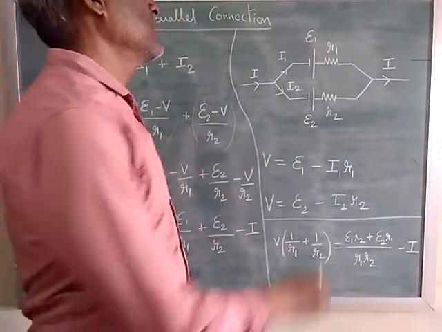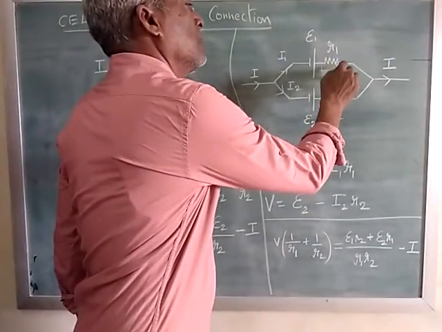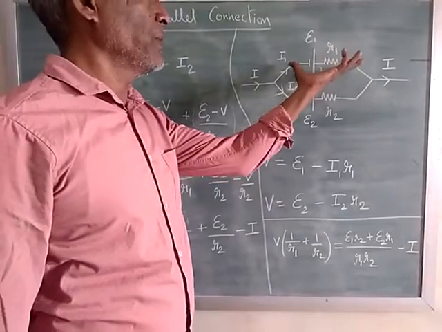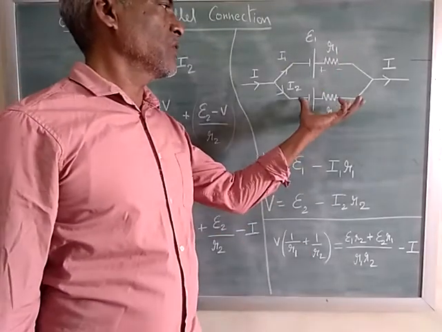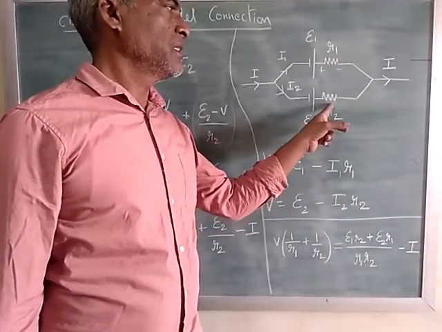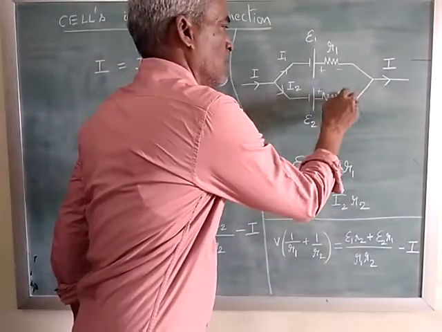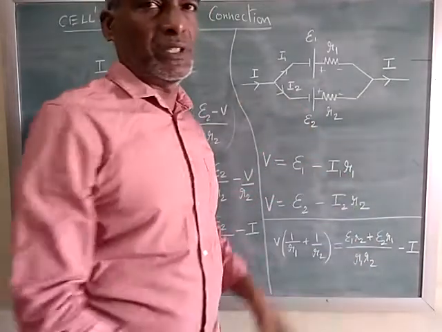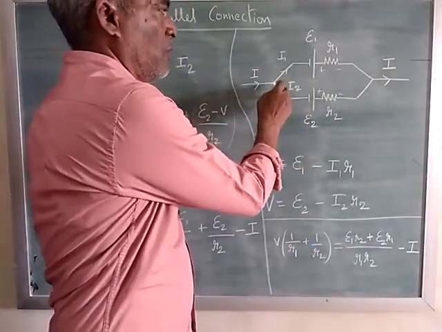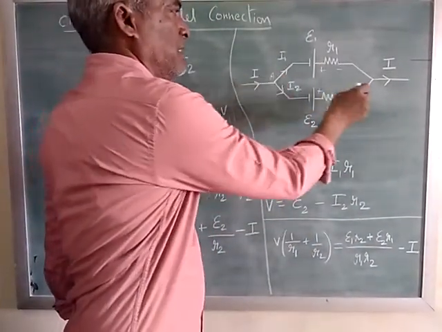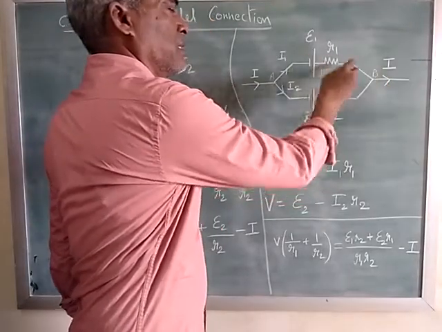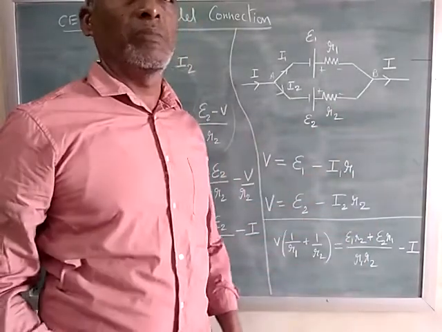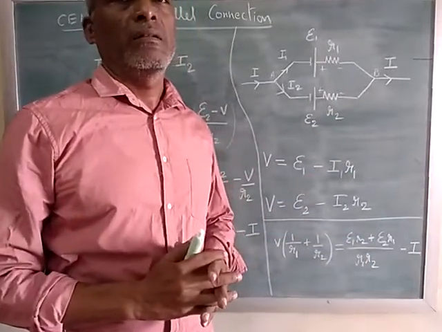Now we all know that this is going to take some voltage. The balance voltage only will appear across this. Similarly, for this case, this resistance will take some voltage. Balance only is available between these 2 points. But if you carefully note, if this is point A and this is point B, this cell is connected between A and B, and this cell is also connected between A and B. That means both are in parallel.